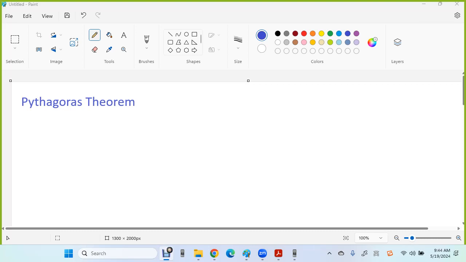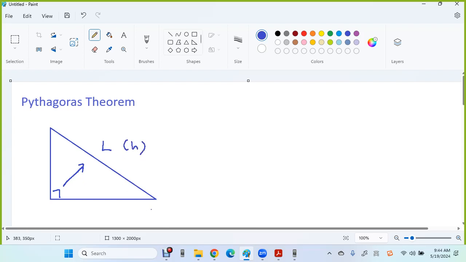We do some revision for the Pythagoras theorem. For the Pythagoras theorem, we must have a right angle triangle. The side opposite the 90 degree angle is the longest. We will call it the hypotenuse, but over here I will say it is the longest. The other sides will be shorter than the